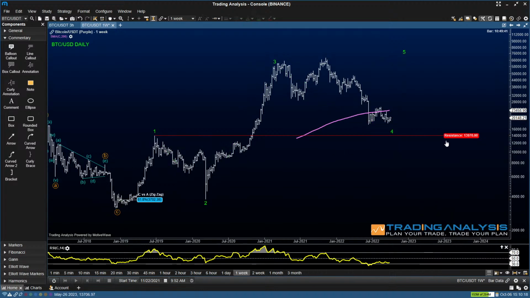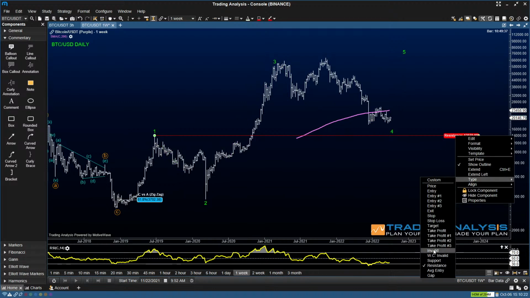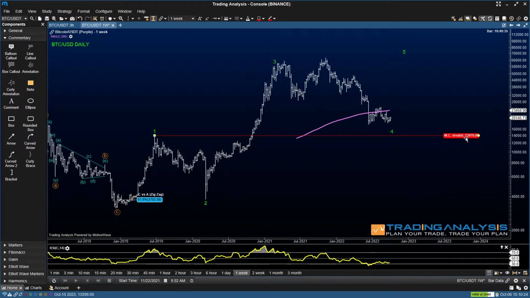So here, clearly, the wave count invalidation level, let me just mark it that way, comes around 13,970. Sometimes this changes, so let's say around 14,000 or a little bit below, it will be a wave count invalidation. So only in that case, if we break this rule, which is one of the basic rules in the Elliott